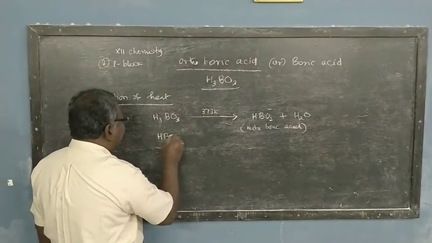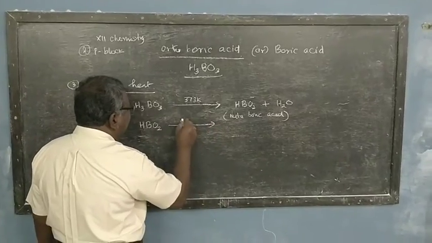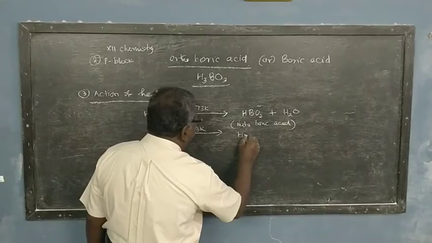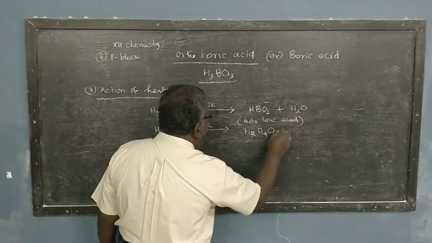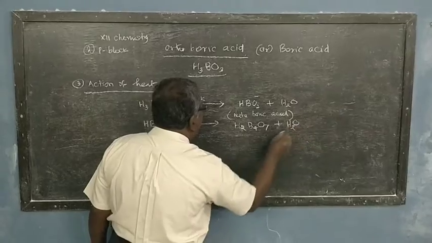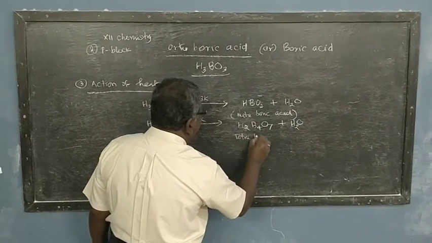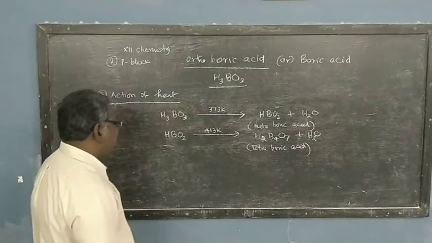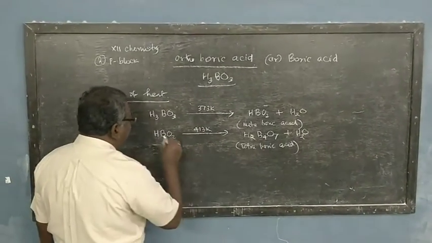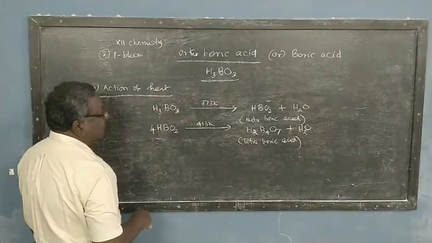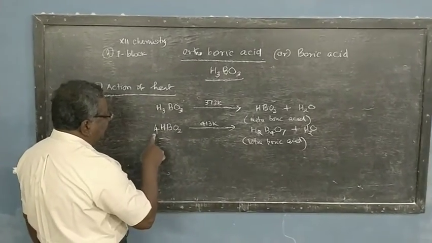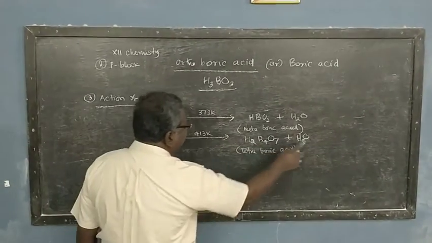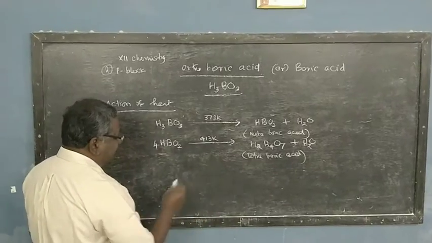When this metaboric acid is heated to 413 Kelvin, it becomes tetraboric acid, H2B4O7 plus H2O. This is called tetraboric acid. Right? Now, boron 4 here, 1 here. Multiply this by 4. Right? Then hydrogen, there is 4, which is already 4 here. Oxygen, 4 into 2, 8. It is 7 plus 1, 8. This tetraboric acid,